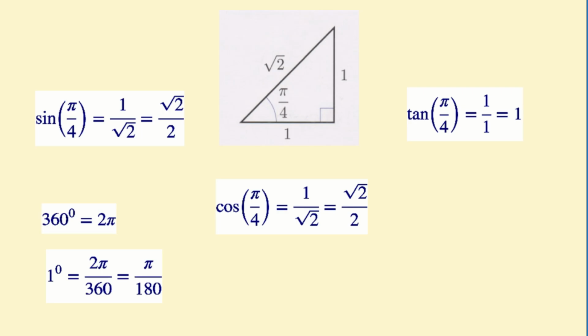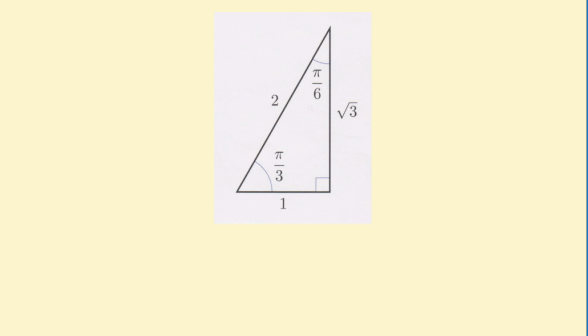Same with this one, you can reflect it and have a base of 2 units, height of 1 unit and root 2 there again. So you have pi by 4 and 90 degrees on the top and pi by 4. So 45 plus 45 plus 90 is 180. Same here. So we can have